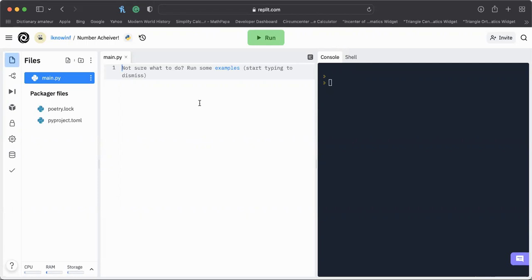Basically, what this program is going to do is, for the purposes of this program, we're going to generate a random number. After we generate a random number, we're going to prompt the user to guess that number. The user won't know the actual number, since we're going to be using the random library and generating a random number. The purpose of this program is that the user has to end up guessing the correct number. So basically, the step-by-step guidelines of this program are, first of all, we're going to be